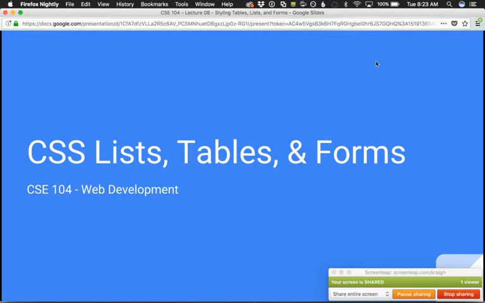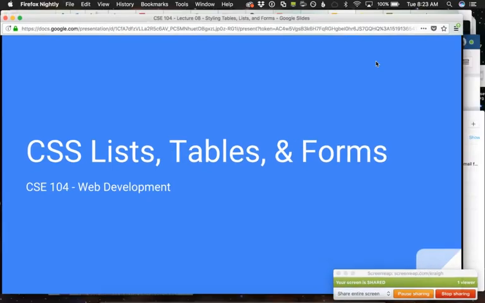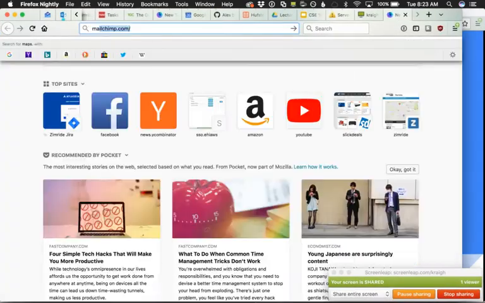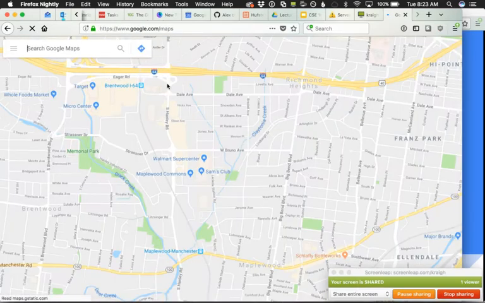One quick note, a couple people have had issues with embedding the Google map on their website. If you're having problems with that, the trick is to pull up a location in your map. It's a little bit annoying because Google Maps, like the actual Maps URL, won't let you embed it in an iframe for that security reason that we had talked about a little bit. So if you find a location, say let's just do like St. Louis,